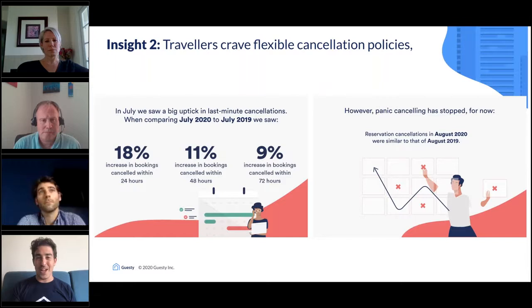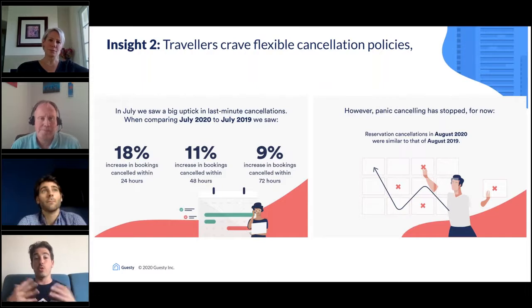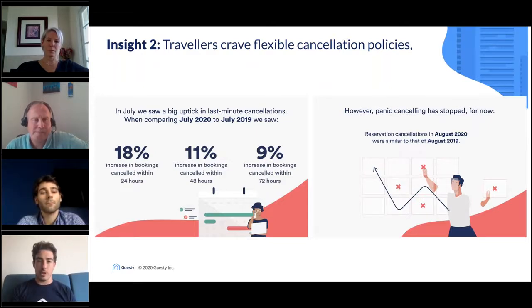There's a lot of homeowners out there that are saying, I just don't put flexible cancellation policy. I'm a niche apartment. People understand that. Or I'm not going to put flexible cancellation policy for the holidays, and a lot of other things. It's very important to take global information and also regional information, slice and dice it, and present the homeowner with real information. What does it mean to not have a flexible cancellation policy, so they can see if they can actually afford that? So if you compare, for example, July 2020 to July of last year, you see